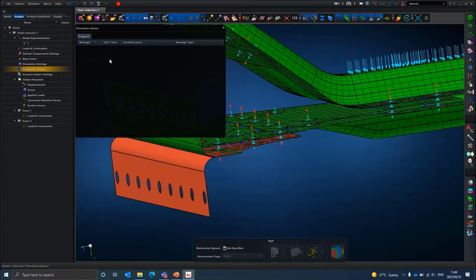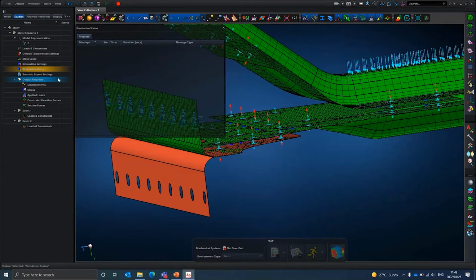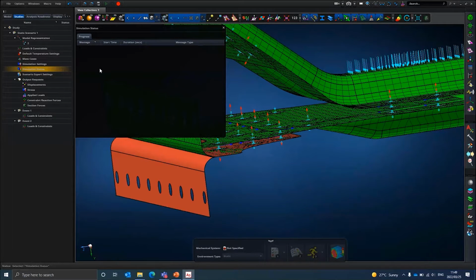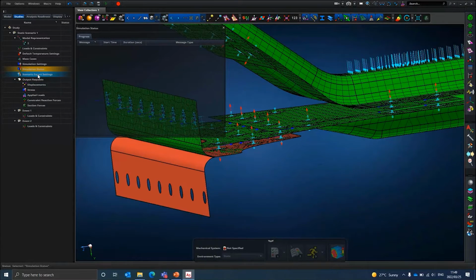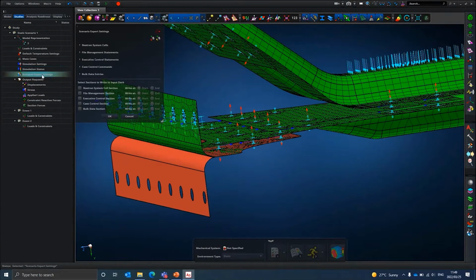Now, this is something that will only be populated after or during your model being solved. It will give you all the different stages that it goes through to set up the model. If there's any errors, that will be in that specific section. Then this is, I can't remember if this was there in previous versions, but it's definitely something that came in